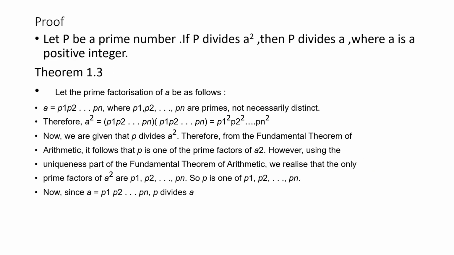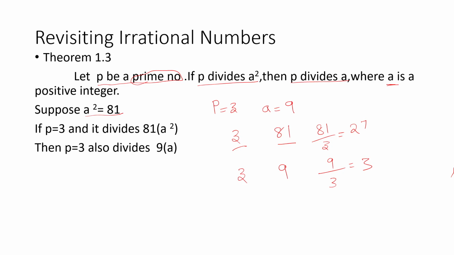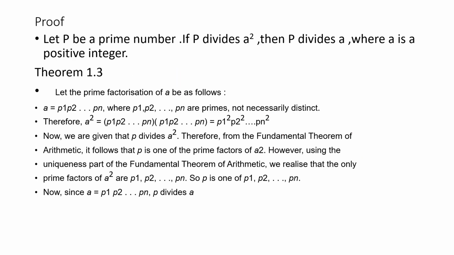Okay, next one, this is a proof, general proof. Previously we have proved by using the number 9 and squaring it to get 81. Okay, so this is a general proof. Please understand this clearly. The first theorem is written here. So now the theorem we are proving. Let the prime factorization of A be as follows. A is the number, like what we have taken, 81 there, no? Likewise here we have taken A. So what is A? A is a number with some factors.